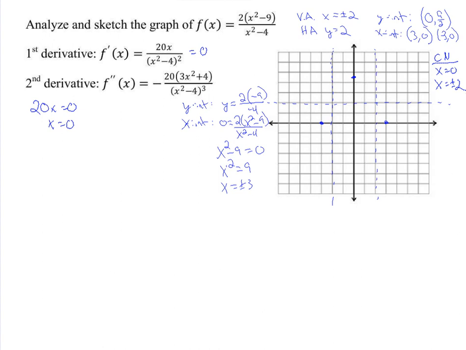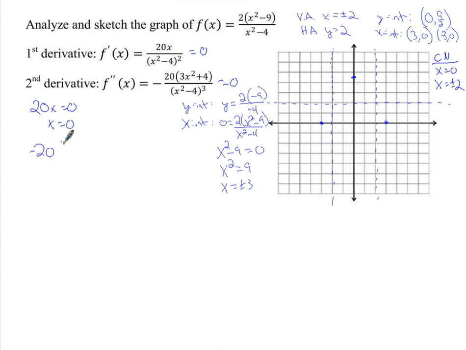Those are going to help me set up my intervals. Okay, so now the second derivative, I need to check to see if we have any inflection points other than the vertical asymptotes that we were looking at. So if I set the second derivative equal to 0, again the denominator will disappear, and I'm left with the